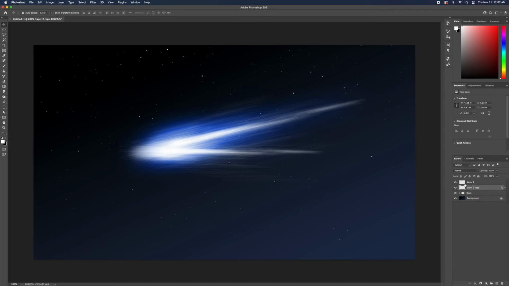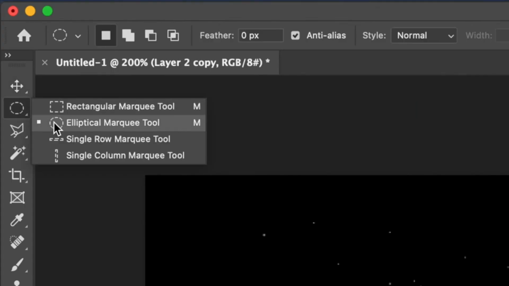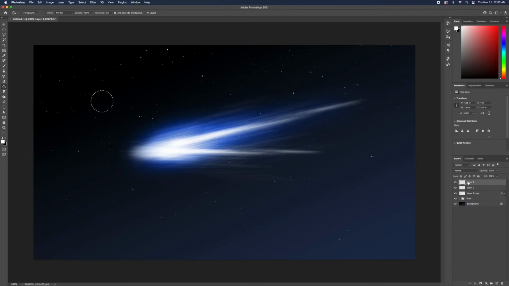So let's just say we want to add a little bit. As you can see, I lost the head of the comet. So what I want to do is I'm going to my circle selection. So let's make a new layer. We can call this head, like the head of the comet. Okay, and this is where all of the ice and the rock is, and we're gonna just color this white,